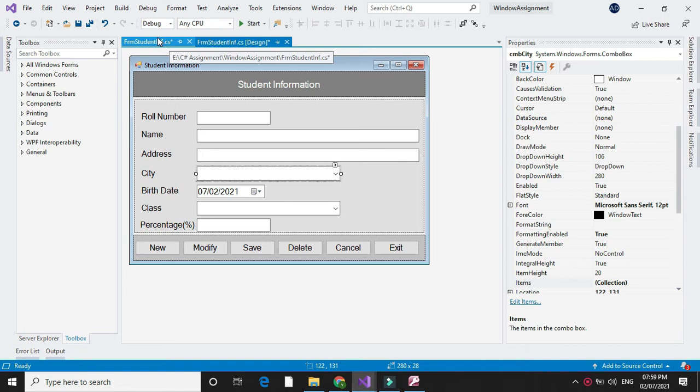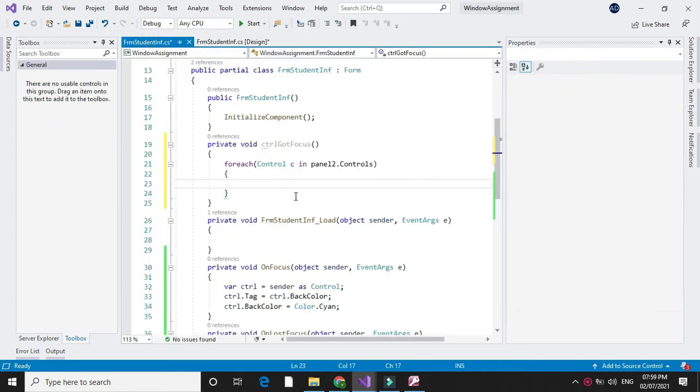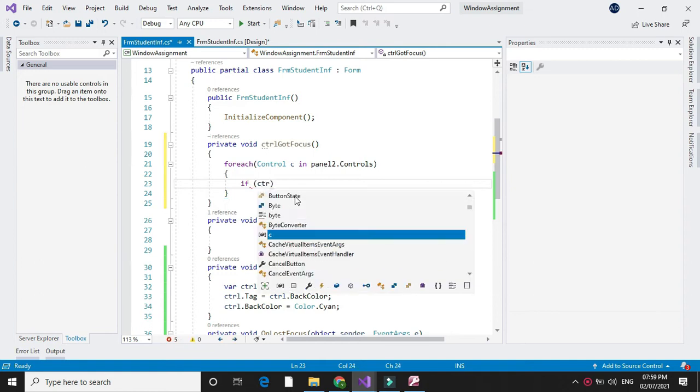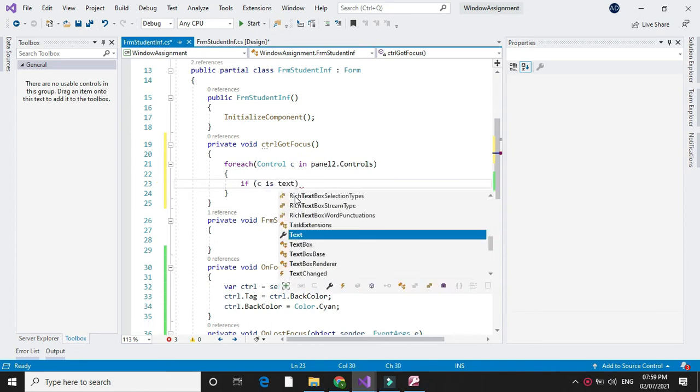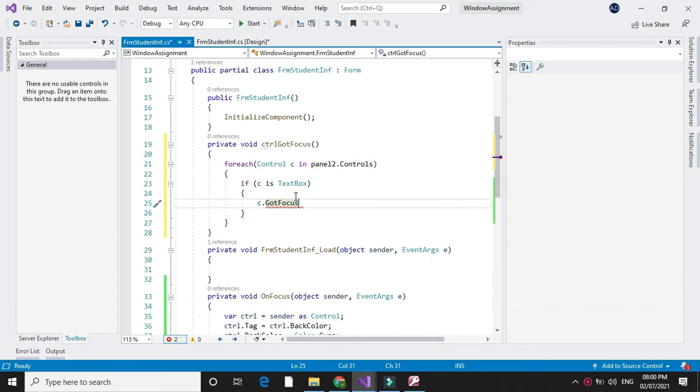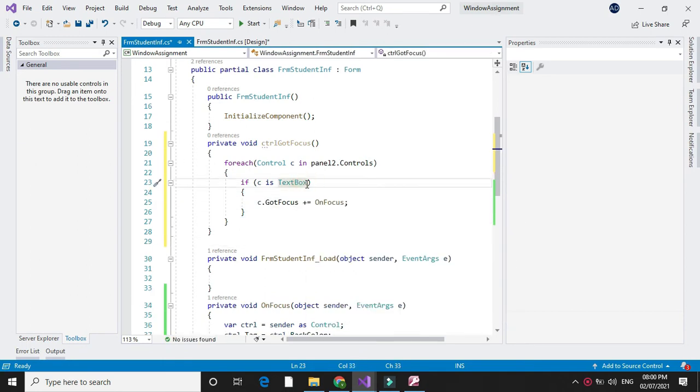So here we will check if c is TextBox, c.GotFocus += OnFocus. If the control is a text box or a combo box, then it will execute the GotFocus event.